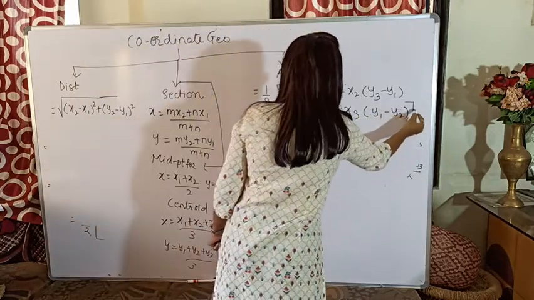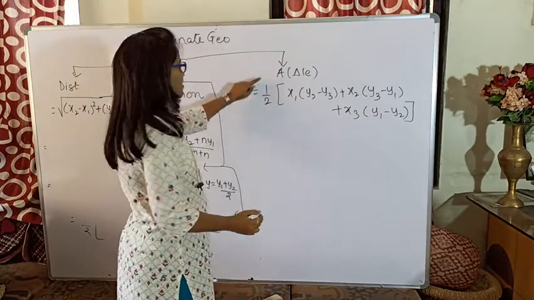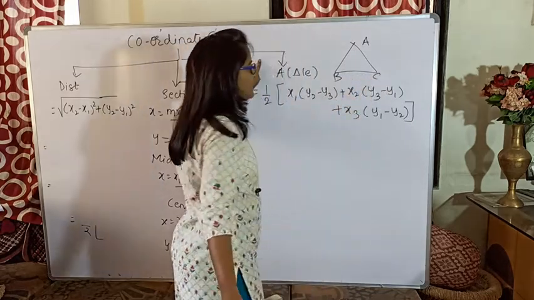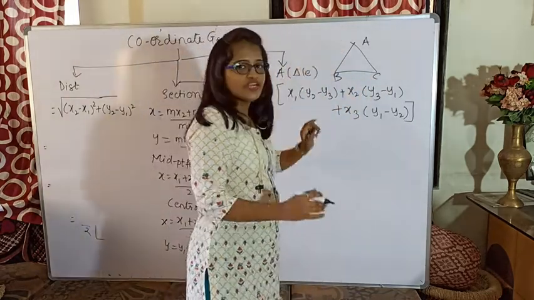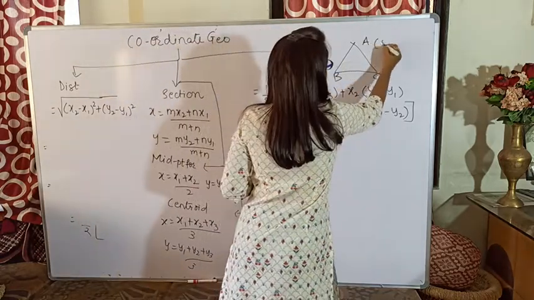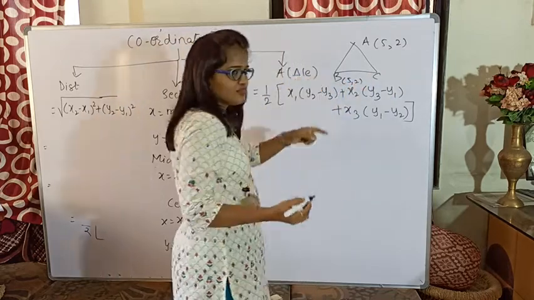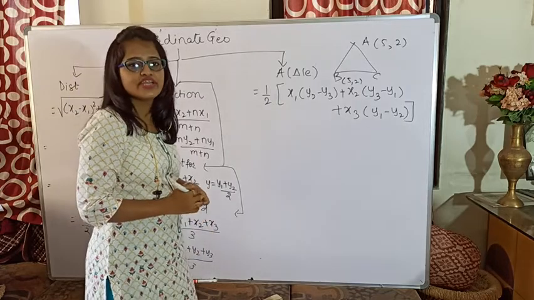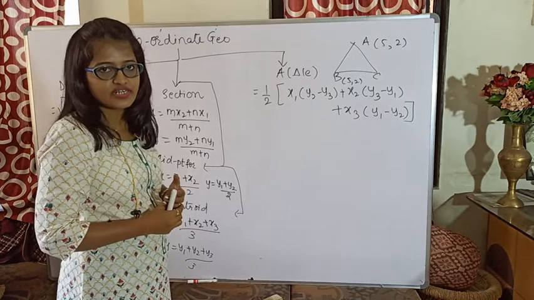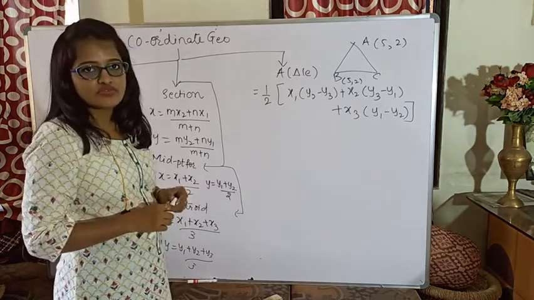But one thing which you might not have got in your mind, see, whenever you are considering the coordinates of the triangle for any example, if the coordinates you are taking it interchangeably anything. For example, if I am taking the coordinates of A as 5, 2, but you are taking the coordinates of B as 5, 2. It could happen in a question, suppose 3 coordinates are provided and they had asked you to find the area of triangle. Now it is not necessary that everybody will be taking the same coordinates for the same vertices. So in that case, somewhere you can get the area as negative also.